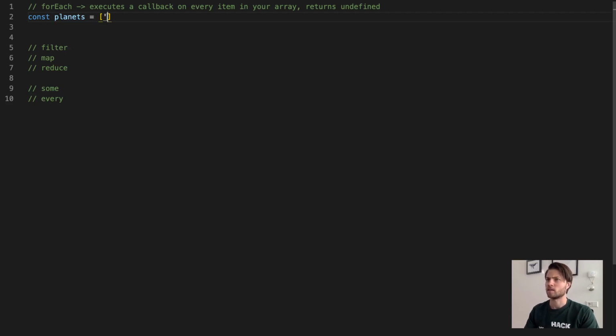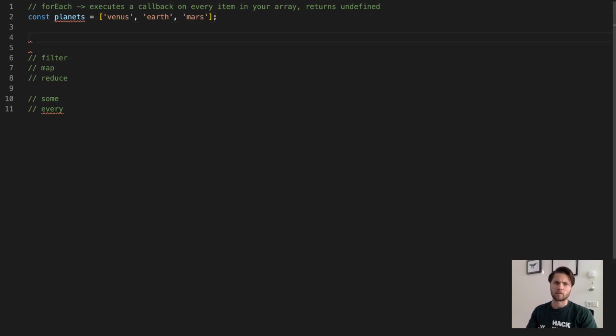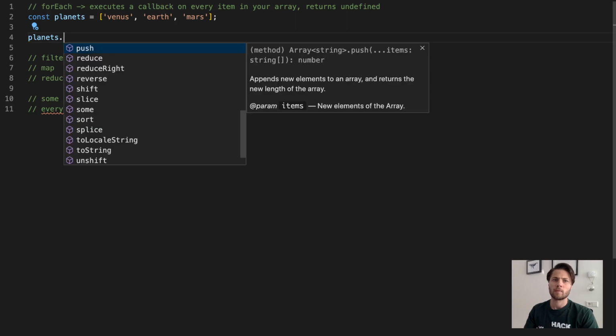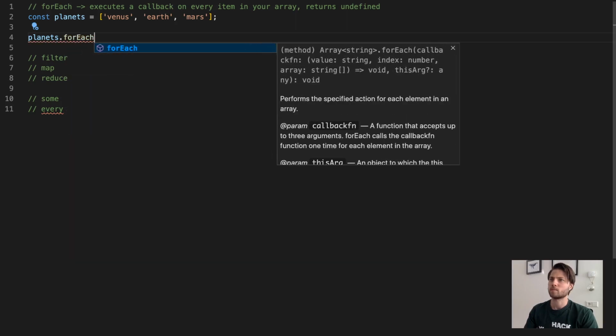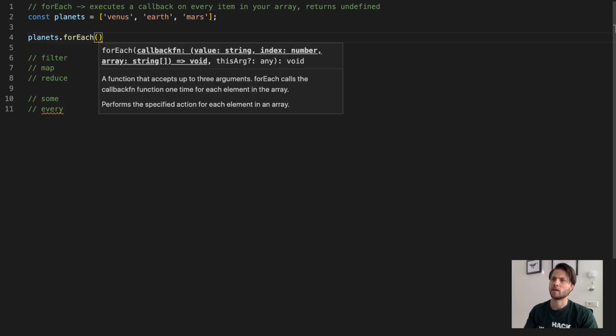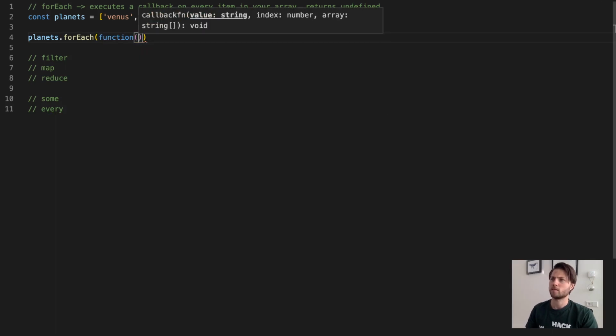and it is Earth, and Venus, and Mars. Well, let's put that in the right order. Of course, Venus is before Earth because it's closer to the sun. Okay, so we have some planets, and now we are really excited about those planets, so we want to console log their names. So we can do forEach, and then we have to pass this a callback. So we create a function,